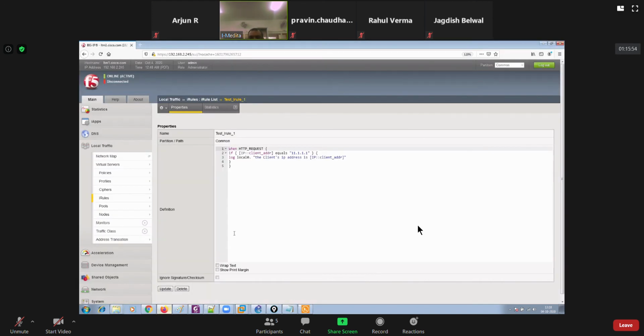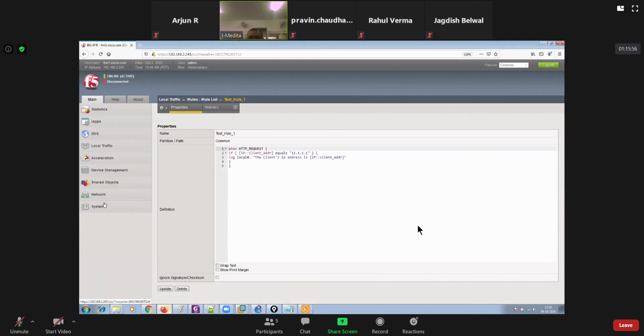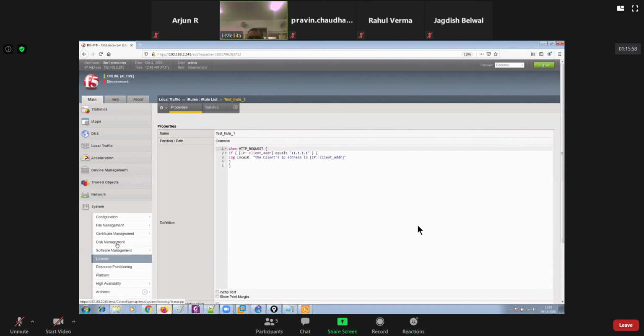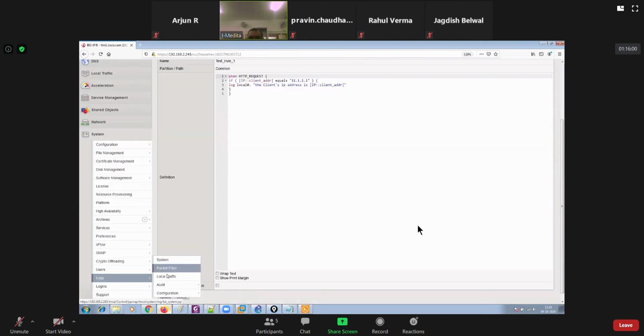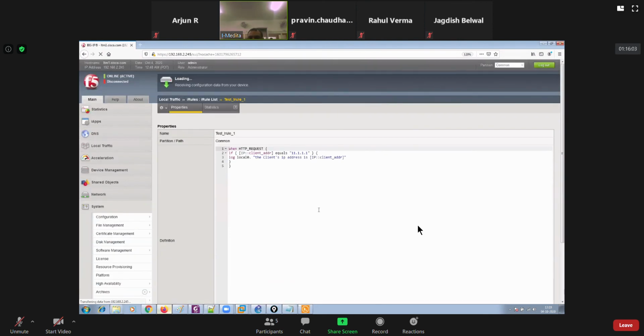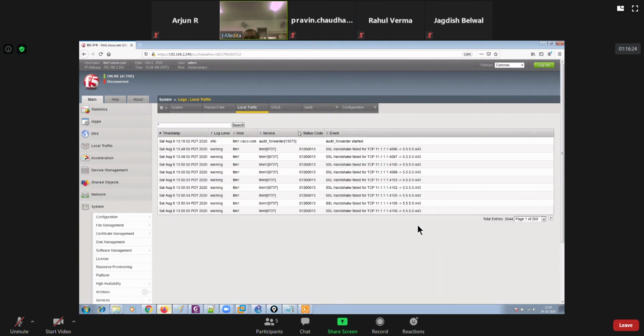That's good. Now let's go back. System, logs, local traffic. But this time, using this iRule, you are working at the application layer, right, guys? So make sure that an HTTP profile is attached to your virtual server, then only this iRule can work.